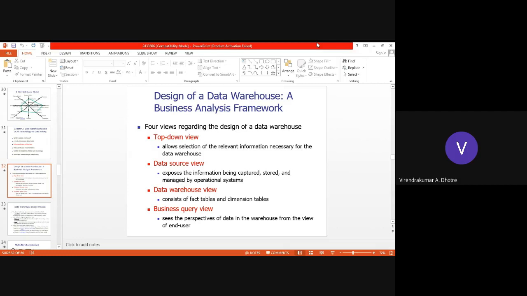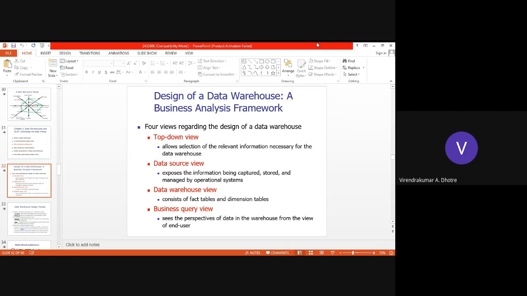So data source view exposes the information which is being captured, stored, and managed by operational systems. And this data source view makes us focus on how the information is being collected, captured, how it is going to be stored, and how it is going to be managed.